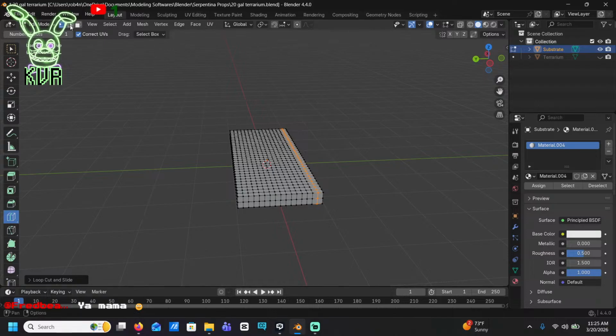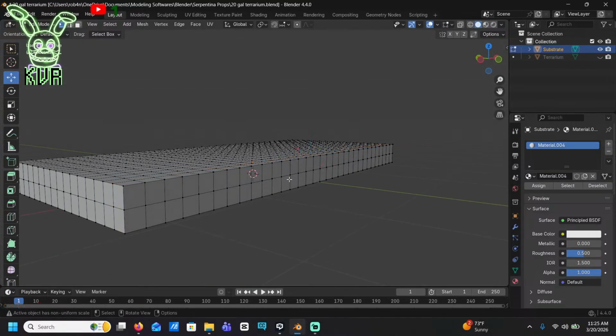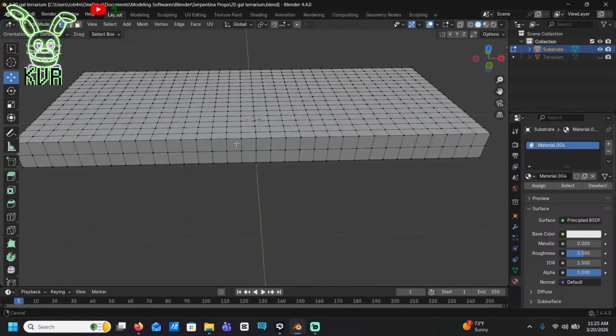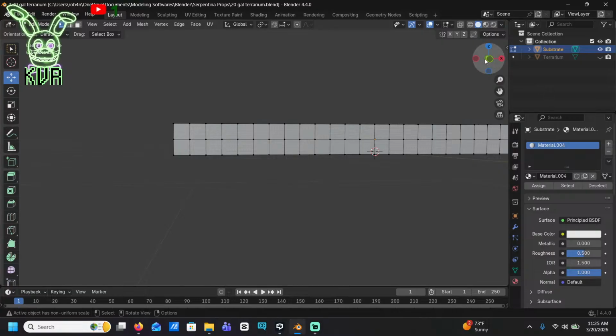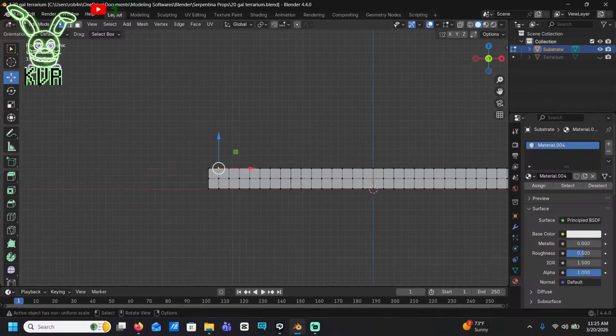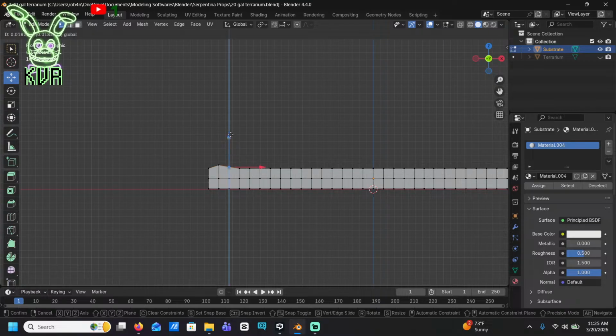Okay, now... Okay, good, I'm on vertex select. I am making substrate. Which, I don't really know exactly what that means yet. Hold on, I have to think about it. Just means I'm making it really uneven is all that actually means.